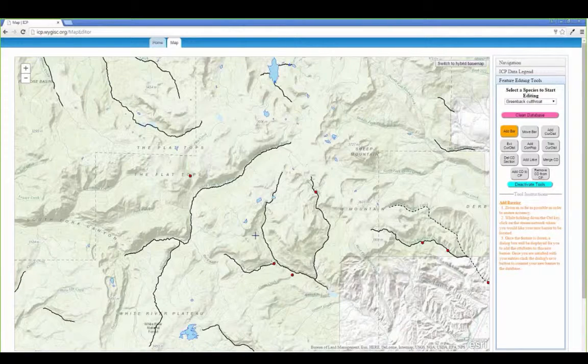So do I use the icp.wygisc.org address to do that as a viewer? Yes. To view the data, you can actually download it or get a copy of it through that website. Is that your question? I think so. I understand that there's a viewer and an editor. I'm not interested in editing, but viewing. So the way to do that, then, you're saying, is to download the data? Well, no, you can view this data. You just have to get